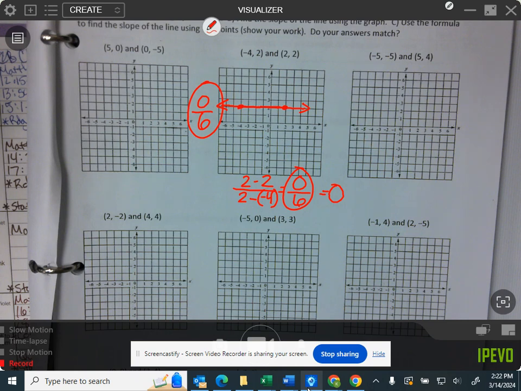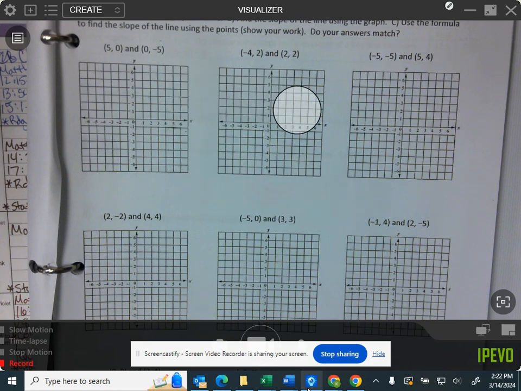Okay, so this would be a zero slope because it's 0/6. You can leave it as the 0/6 and you would get that correct. So all the rest are doing the exact same thing. If you continue to have questions, make sure you come and see me because we need to understand how to